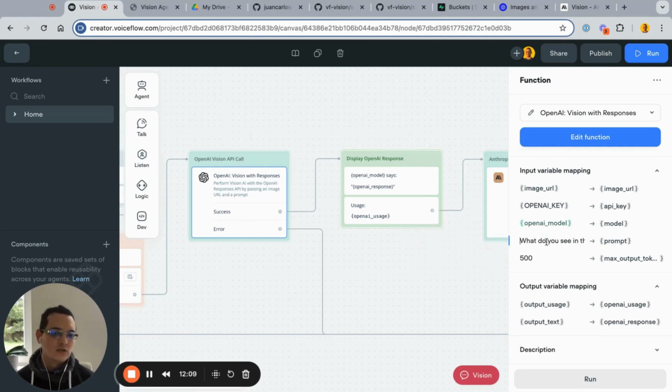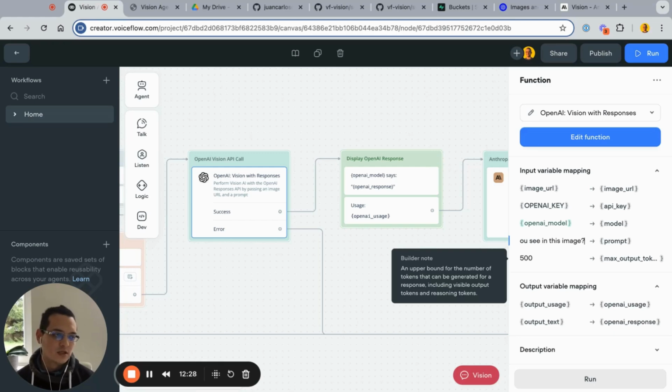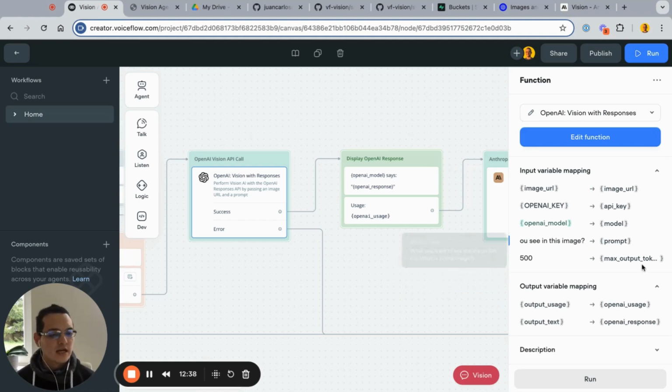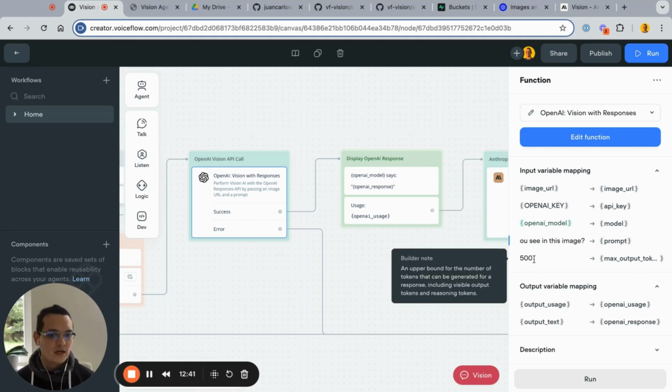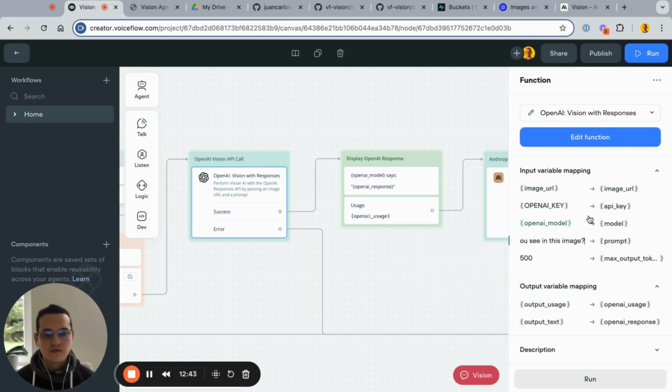And then you can customize what prompt you want to pass to OpenAI to read the image. So I'm only using something very simple as what do you see in this image? And then it is going to reference the image that is passed on. But you can adapt this prompt way more into something specific for your use case. If you want to use this in a different way, you can adapt the prompt. And also enable passing how many tokens. You can change the function if you want to pass more inputs or less inputs,